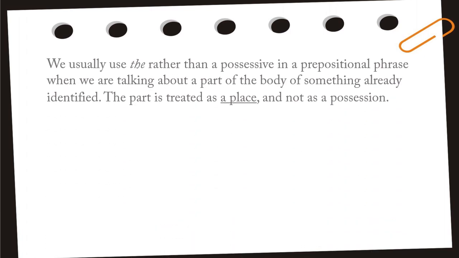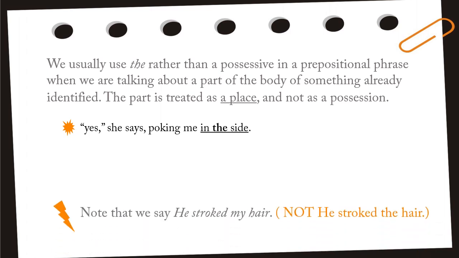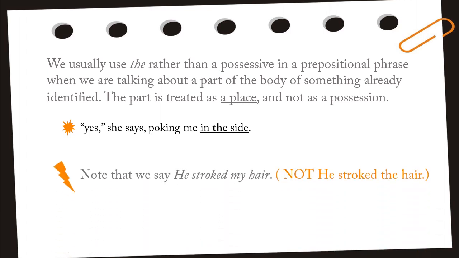We usually use "the" rather than a possessive in a prepositional phrase when we are talking about a part of the body of something or someone that has already been identified before. The part is treated as a place and not as a possession. For example, yes, she says, poking me in the side. "In the side" here is a prepositional phrase. We used "the" because the person has already been identified. Please note that we say he stroked my hair using a possessive determiner, but we don't say he stroked the